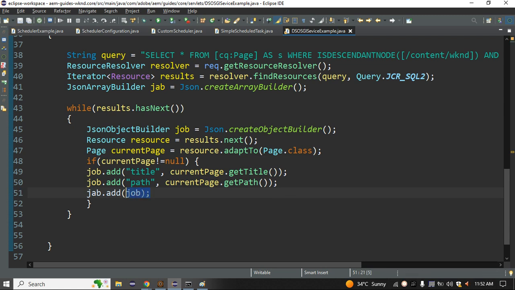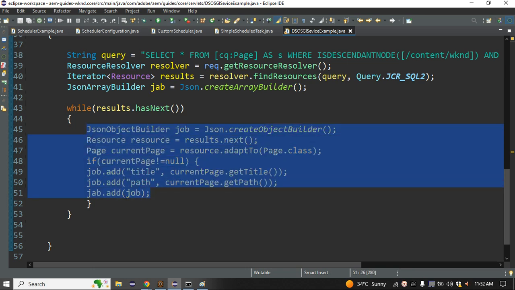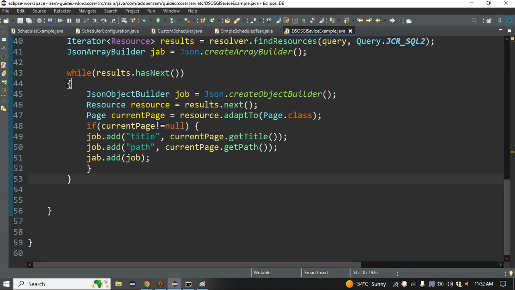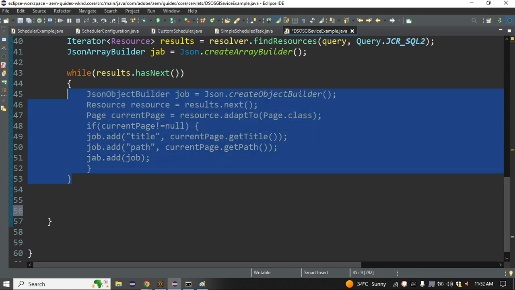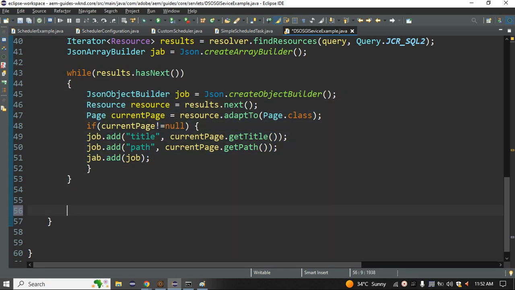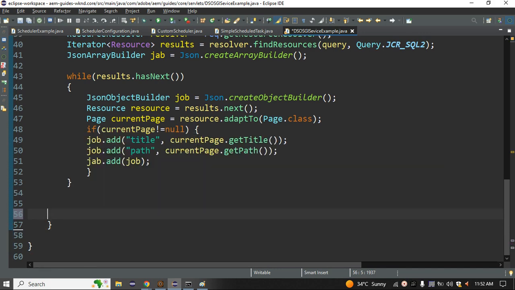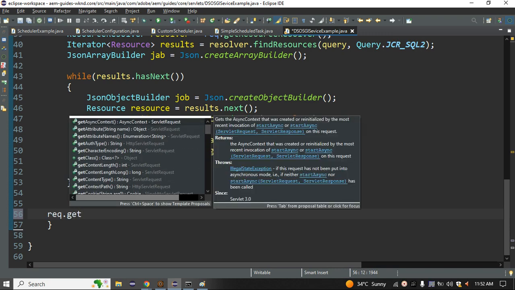Okay, we have added all the data, all the logic and everything we have written. After that, when somebody sends the request, we have to return something. So we have defined the logic, and this is the logic we want to return. So you can just simply return inside here. This is for the if, and this is for the while, this curly bracket. If I try to write this request after, it won't be possible. Why? Because we have defined the request parameters inside the method only. Okay, so request.getWriter